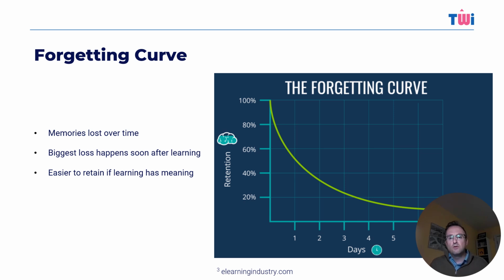Another aspect Ebbinghaus uncovered is that it is easier for the learner to retain information that has meaning. So this is a problem user adoption practitioners must deal with as much today as when Ebbinghaus first developed the forgetting curve. Again, tools and techniques like micro-learning, bite-sized content, and contextualized learning embedded within workflows can help learners apply learnings in practical scenarios and thus improve this knowledge retention problem.